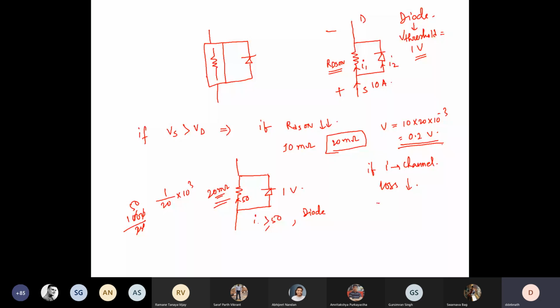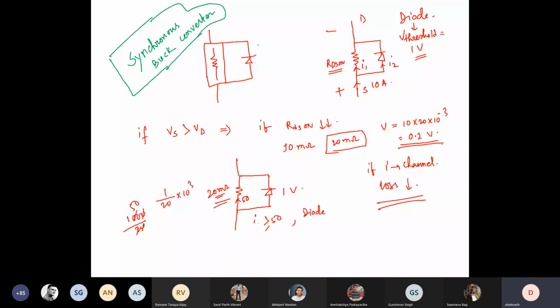And remember, while you will be studying DC-DC converters, there you will study a converter known as the synchronous buck converter. There you have to understand this point, right? This philosophy is applied there. The diode we are studying in the buck converter, the step-down DC-DC converter, will be replaced by a MOSFET so that current can flow through the channel of the MOSFET, not through the diode. That we study in detail there.